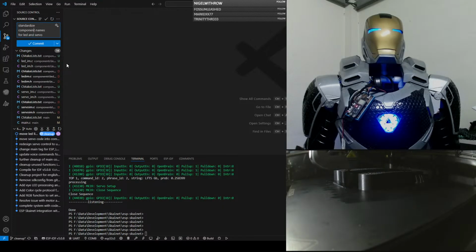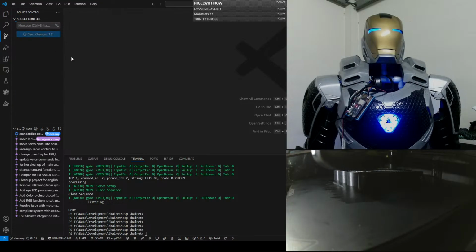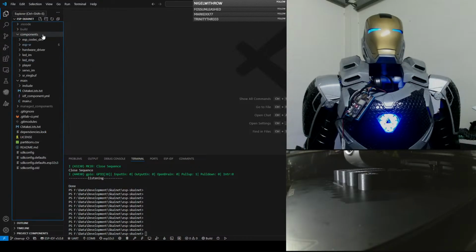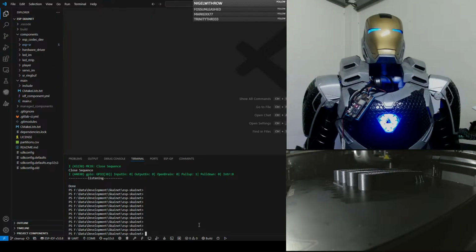Push that. Right. Okay. Submodule, yeah. Okay, so now that we did that,